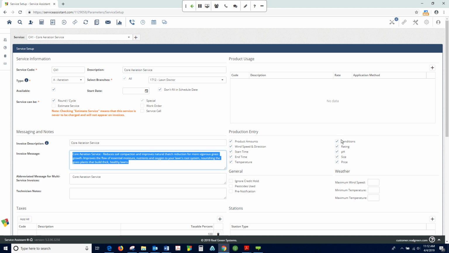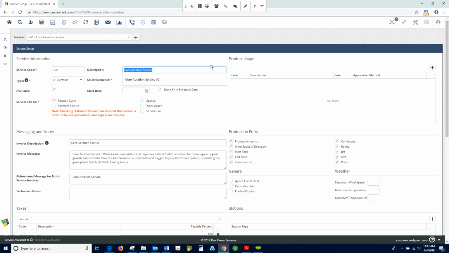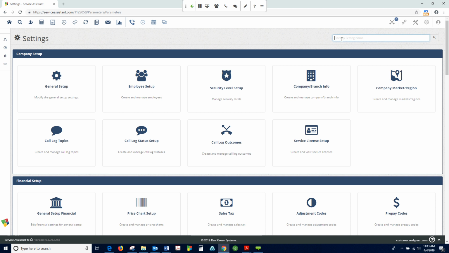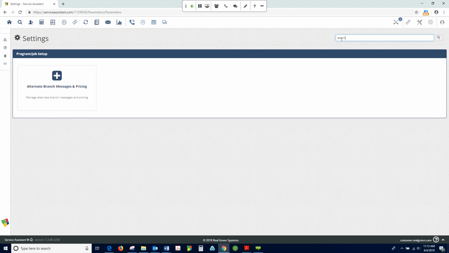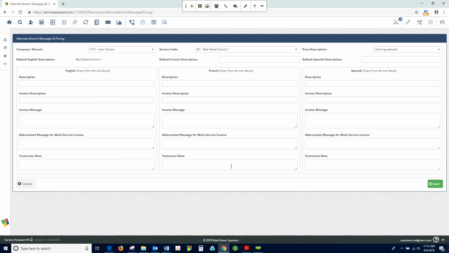So for a moment, I'm going to leave the service setup screen. Remember that we are working with CA1, and the service description is correlation. I'm going to go up to the settings cog in the upper right again. I'm going to click on that, and now I'm going to type in the word alternate, okay, and it filters down to program job setup, alternate branch messages and pricing, as I explained a moment ago. I'm going to click on that icon, and it brings up the alternate branch messages and pricing form right here,